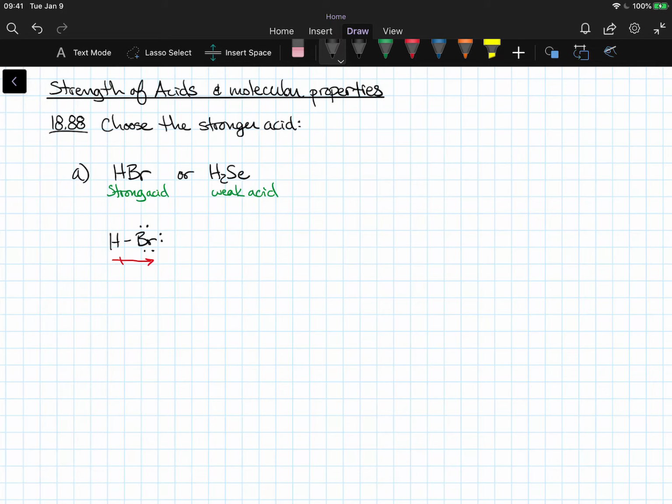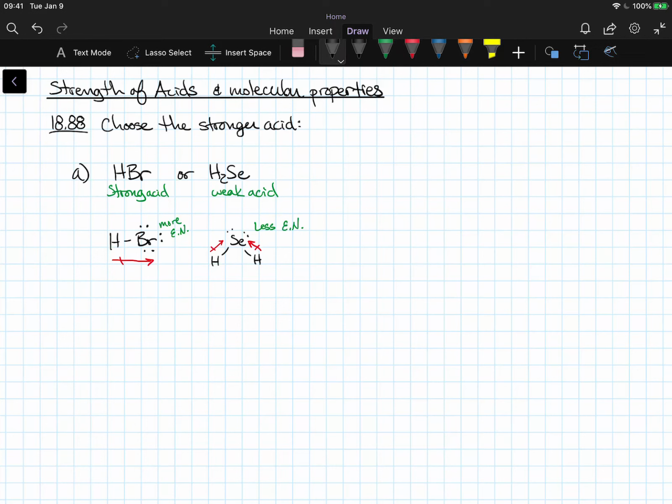And just to be complete here, let's draw selenium really quickly. Now, selenium is in the same group as oxygen, so I can guess that it's going to have these 2 lone pairs on it. And it's also going to have some dipoles. And we can just basically see from right here that bromine is more electronegative, so I'll put EN for electronegative, and selenium is less electronegative,